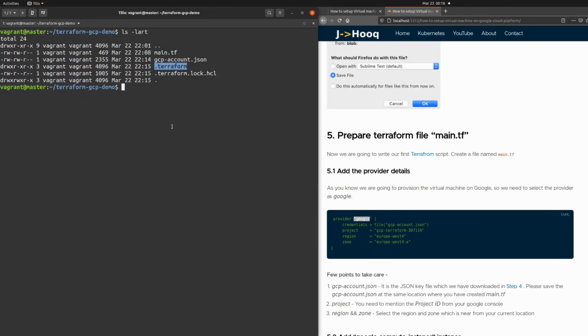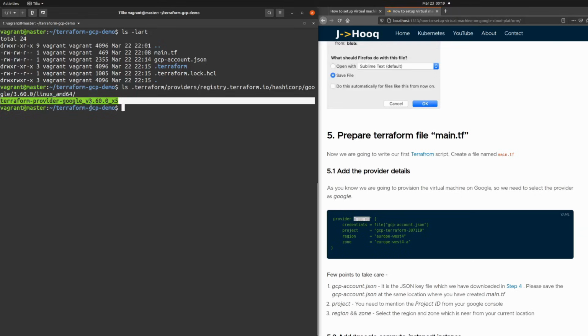So this is the directory which gets created once you issue the Terraform init command. In that directory you will find all the required dependencies which were downloaded when you issued the Terraform init command. To view the content, just run the command ls and then inside the directory Terraform, and there will be some more directories, that is provider, HashiCorp, and here you can see Google, and there will be the version and that Linux AMD 64 machine, and this is going to be your final file or dependency, that is Terraform provider Google 3.60,